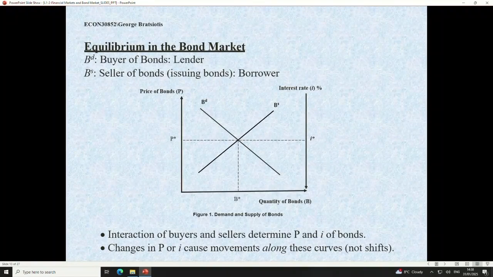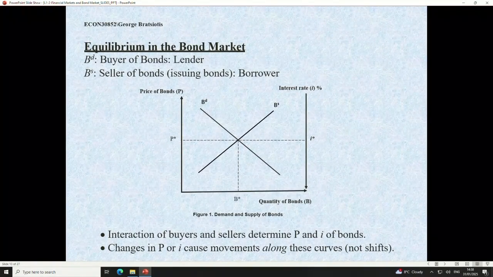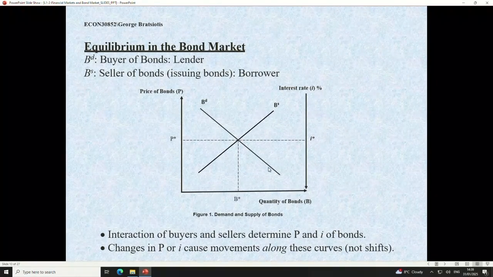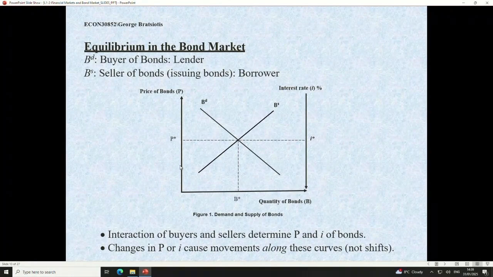And as I said, remember who the demand for bonds is: the buyer. They demand bonds, but they're the lenders. Therefore, if you're a lender, what would you like to see, a high interest rate or a low interest rate? A higher. Let's see, is that the case? Here it says that as demand for bonds increases, can you see here, the higher is the interest rate. But of course, that implies a lower price. So you want to see a lower price, but a high interest rate.